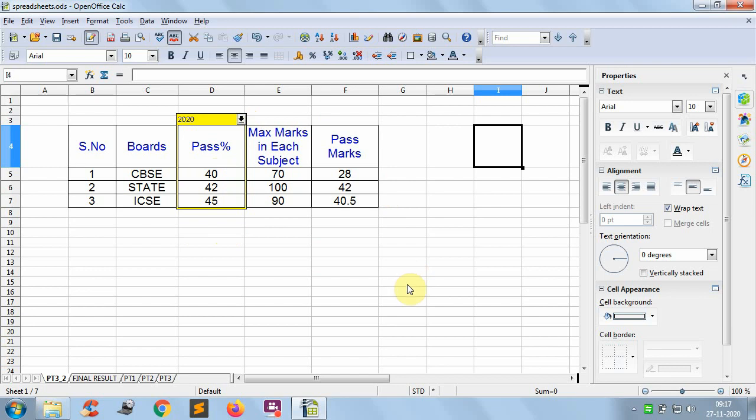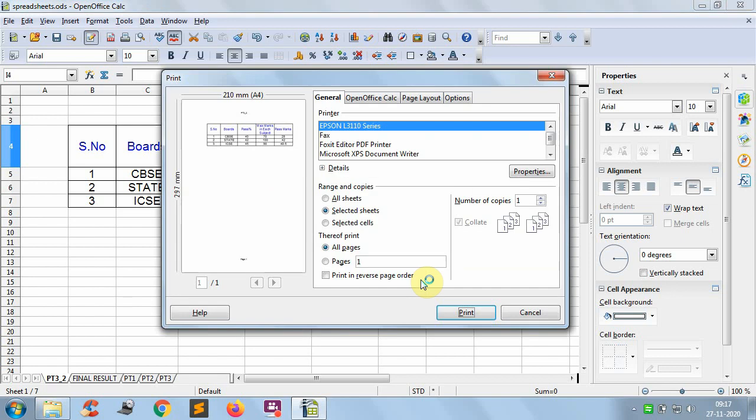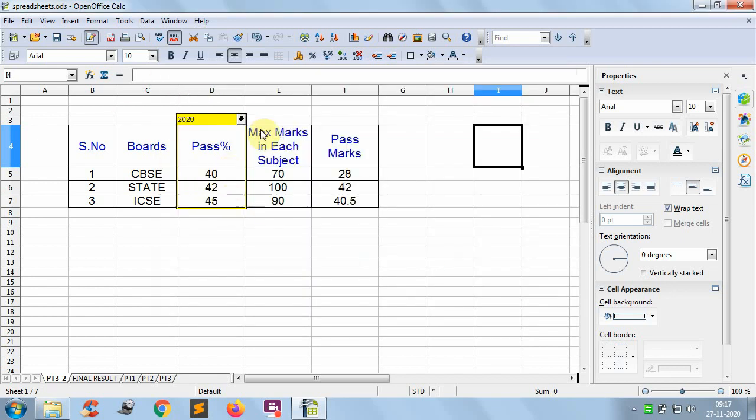So here whenever you want to take the printout of the sheet, so if you click on the printout of the sheet, so here it always display the values in the current scenario. So right now 2020 scenario has been selected, that's why if I take printout, so 40, 42, 45 will be taken as the input. According to that values will be computed. Now if I select the 2019 scenario, now if I try to take the printout, so values in the current scenario will be printed on the page. So that's all about the scenarios.